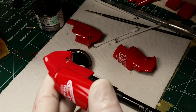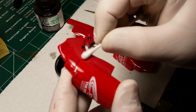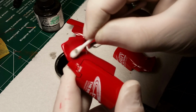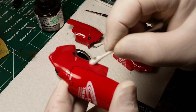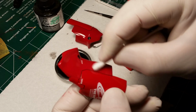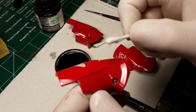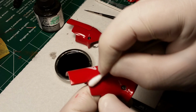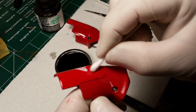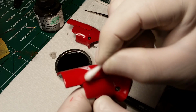And the ink's having a hard time coming off. I have my little bit of water over here for my decals. Just wet your Q-tip just a little bit, ever so slightly damp, and just go in there and take it off. Actually, I got one spot that's being real stubborn right there. I don't know why. I think I may need to get new pens. Those are kind of...